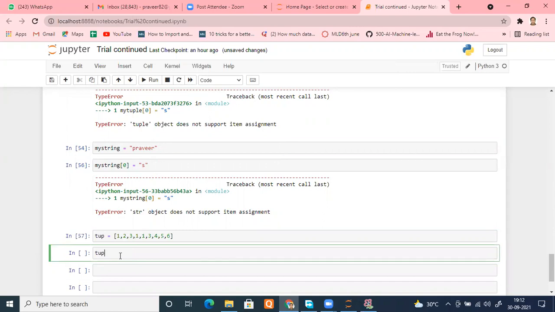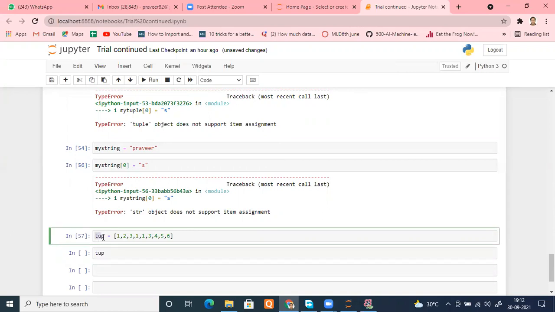Here I have created a list, but I want to convert it into a tuple. Two ways are there. Either remove these square brackets and convert them into round brackets. This is one way of doing that.